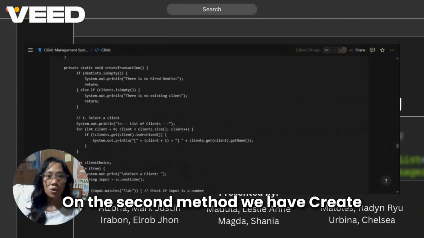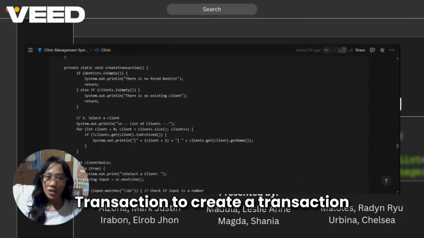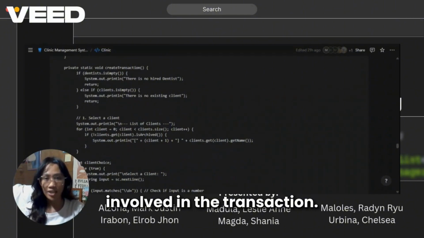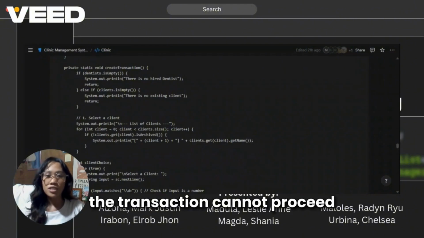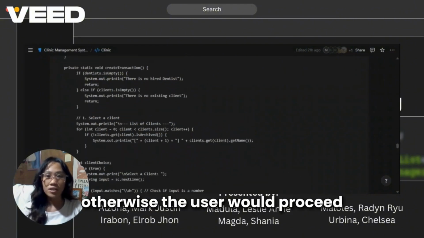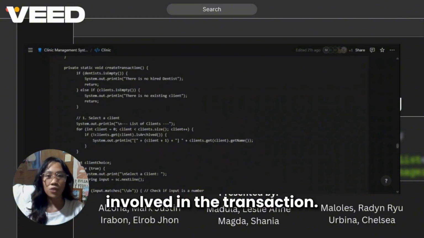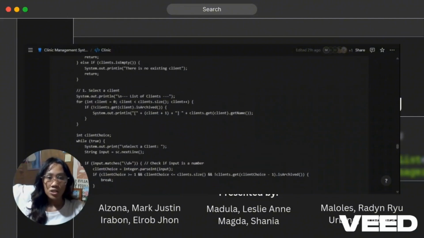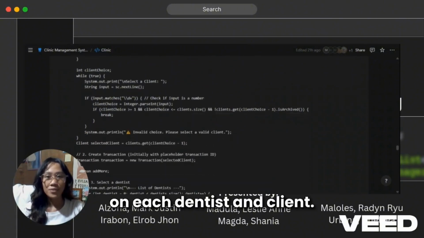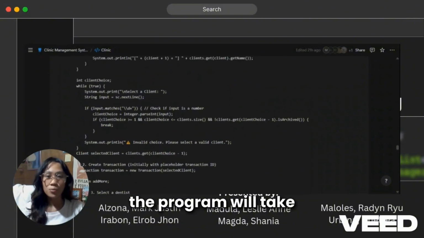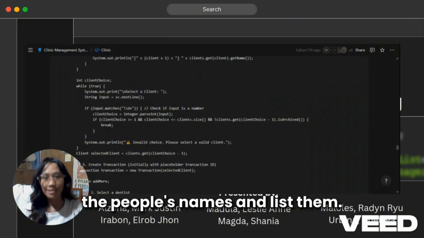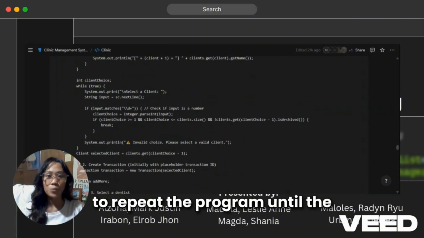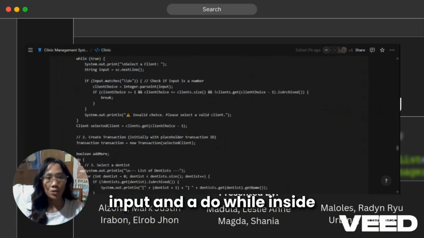On the second method, we have create transaction. To create a transaction, we have to check first if there are dentists and clients involved in the transaction. If the list is empty, the transaction cannot proceed. Otherwise, the user will proceed and choose between the people involved in the transaction. To make this list, we used a for loop to iterate on each dentist and client. As long as it is not archived, the program will take the people's names and list them. We also used a while loop to repeat the program until the user has answered a valid input, and a do while